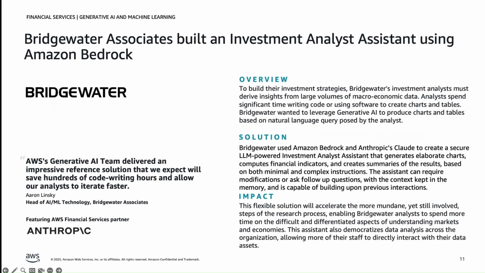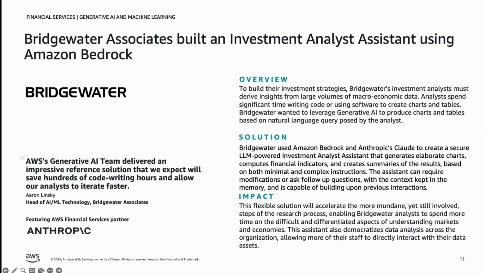So now I want to dive a little deeper into a concrete example, the one from Bridgewater Associates. I think every one of you knows Bridgewater. Over 160 billion assets under management, a well-known investment management firm, which has an investment strategy that is very quantitative in nature, that forces them to often go through a really massive amount of data to do some macroeconomic analysis. And we're talking sometimes a decade, if not a century's worth of economics data, interest rates, employment metrics, obviously stock market indices, and so on.